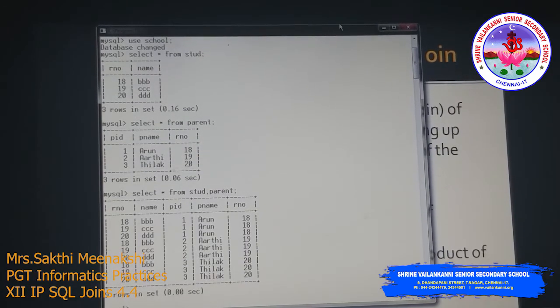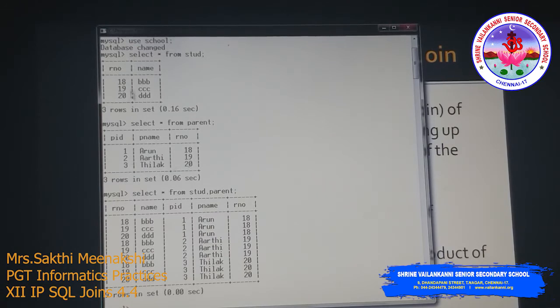Here each row of the first table is merged with each row of the other table. 18 BBB is merged with 1 Arun 18. Again 18 BBB is merged with 2 Aarti 19. Sorry, the second record, 19 CCC, is merged with 1 Arun. Again 20 DDD is merged with 3 Tilak 20. So like this, each row is merged with each row.